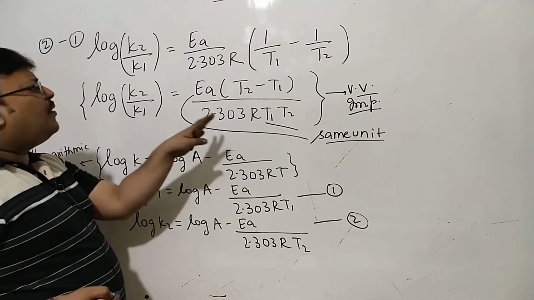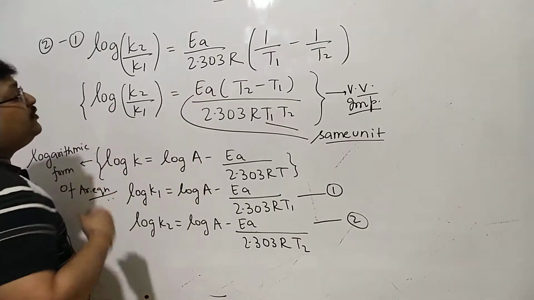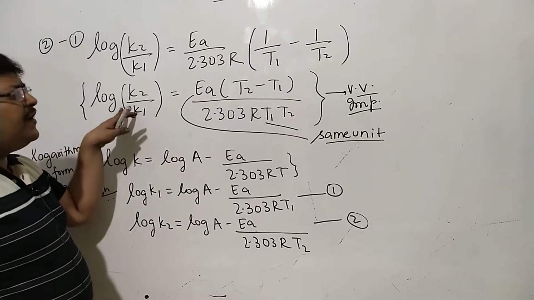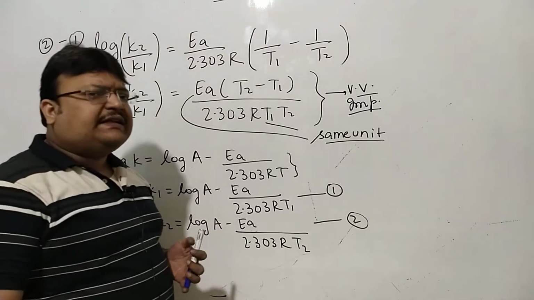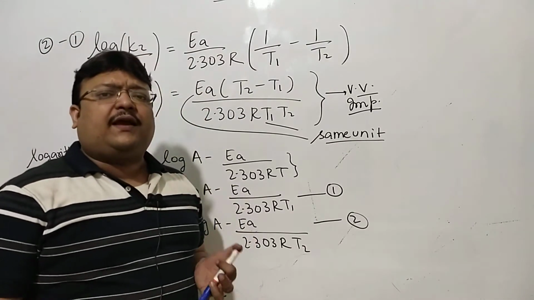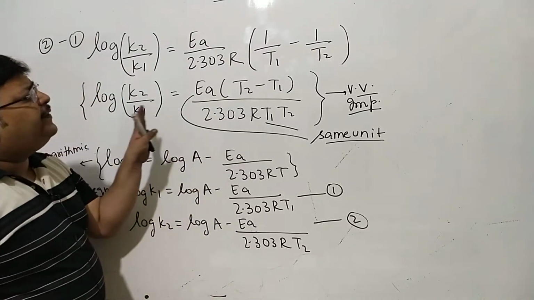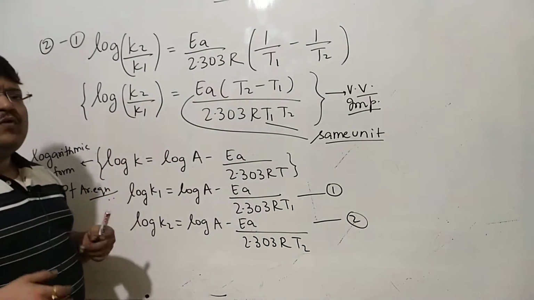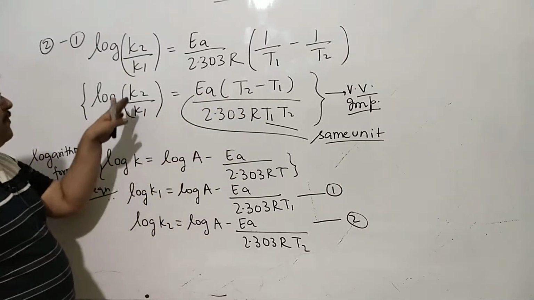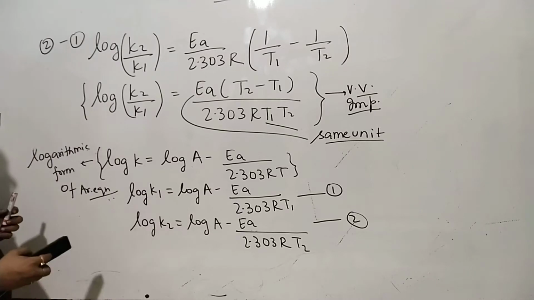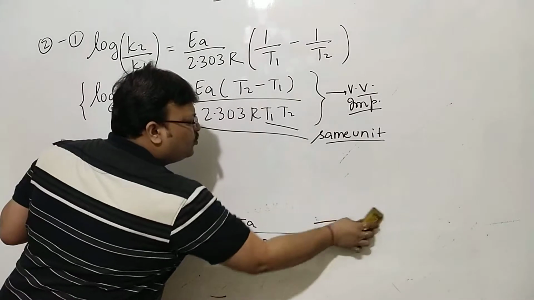So it's a very, very common equation. If you know the activation energy of a reaction, you can calculate the value of rate constants at various temperatures. Keeping the concentrations constant, log K2 by K1 will be the same as log R2 by R1. So it's a very useful, very student-friendly equation. So many questions are directly framed upon different values of T and different values of K. Allow me to rub this, and a general conclusion would be